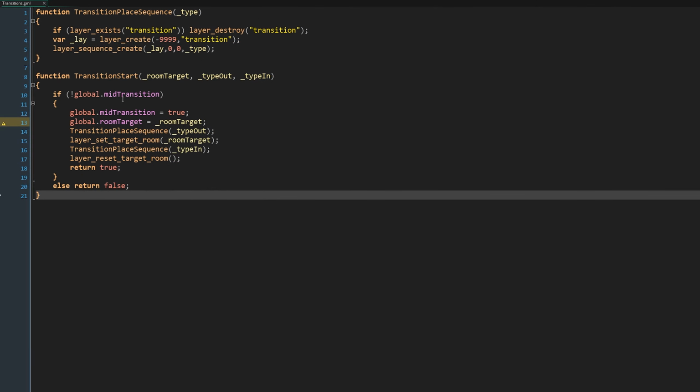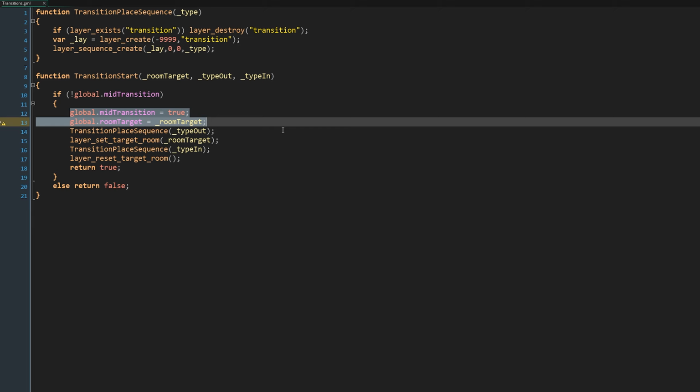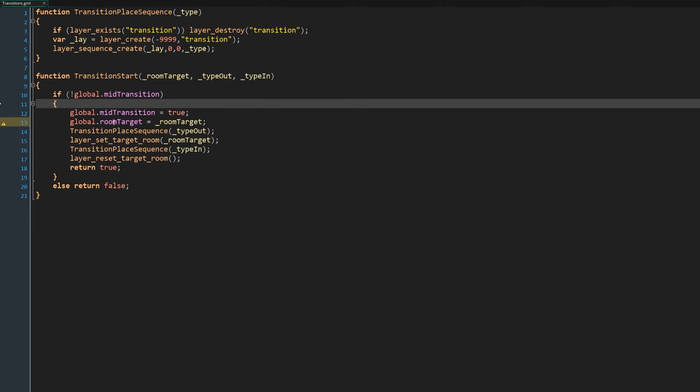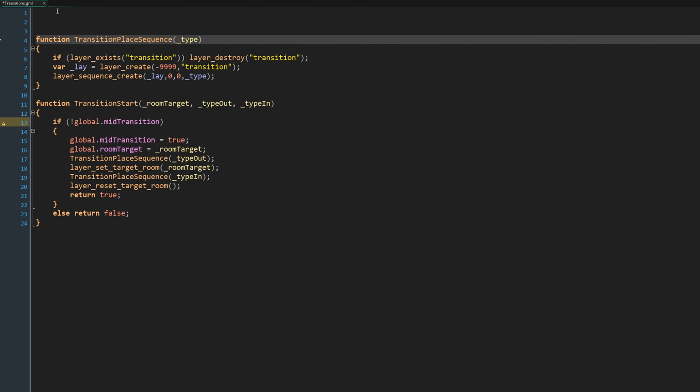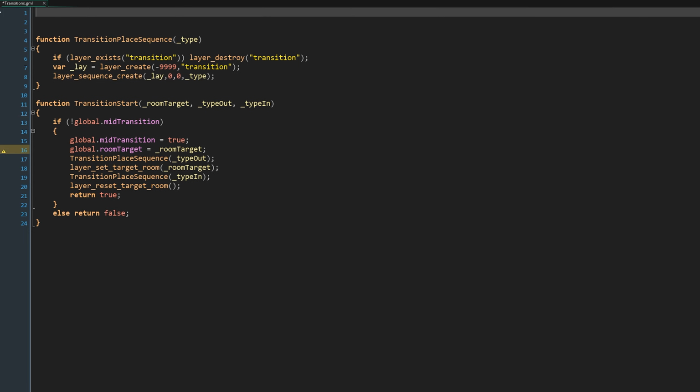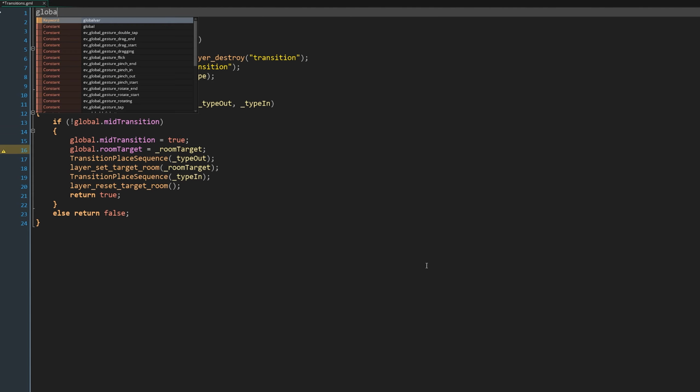Simple as that. Now we're going to go ahead and actually declare these global variables that we've used so that we don't get an error when we check this. Now, normally, before 2.3, what you would have to do is probably have an object or something and a create event where you declare all your global variables and stuff like that. Don't really have to do that in GameMaker 2.3 because every script that you have in your game is going to get called once at the start of your game. So what we can actually do is just put these global variables at the top of the script here, outside of our functions, as